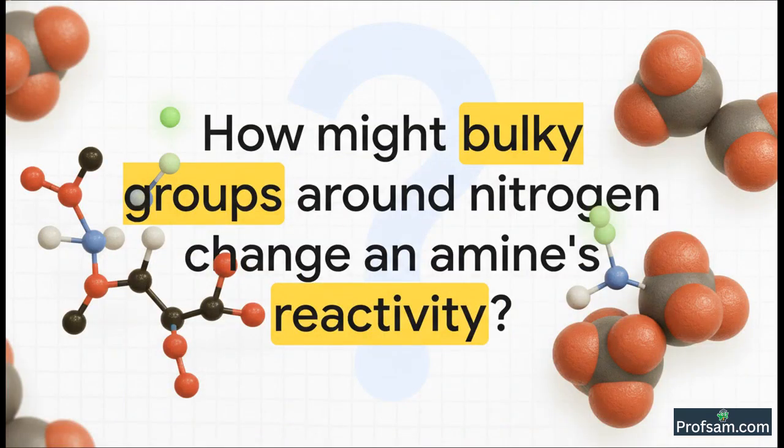And now I will leave you with a final question to think about. We've established that the availability of that lone pair antenna is the key to everything, right? So what do you think would happen to its reactivity if we start attaching very large, bulky groups around that nitrogen atom? Would it still be as easy for it to react? Think about it. We will explore this in our next